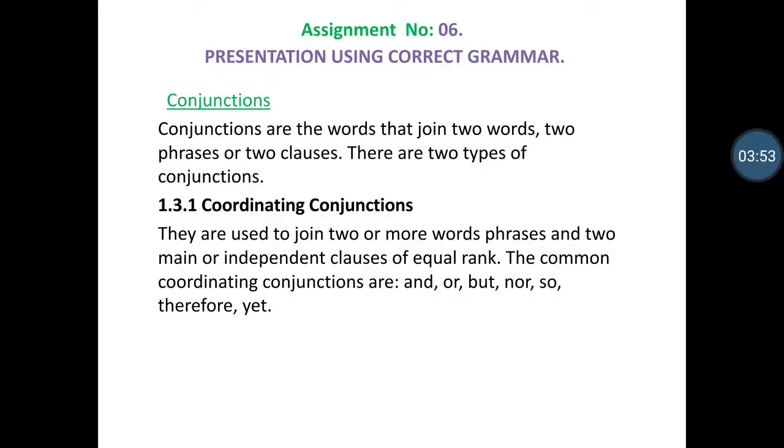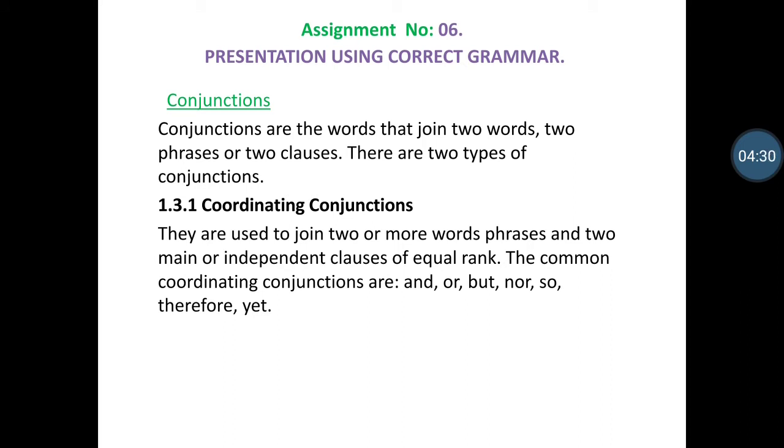So students, for this presentation, we select the topic conjunctions. First of all, we select the data or content, that is conjunction. Collecting the data regarding our topic, that is the material collected, we have to arrange in a proper systematic order, then prepare the proper PPT, PowerPoint presentation, and arrange it sequentially and make a PPT ready to present before the group of people. So let us see how to present the data by selecting the topic conjunction.